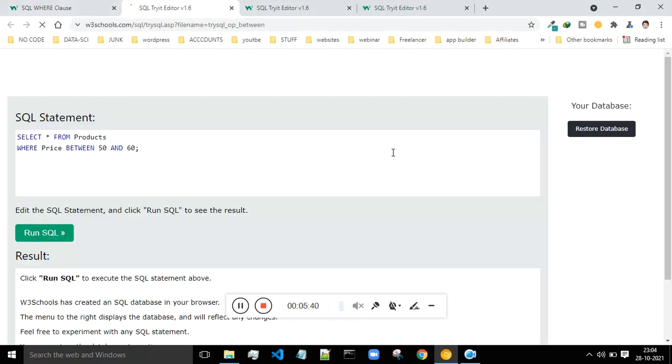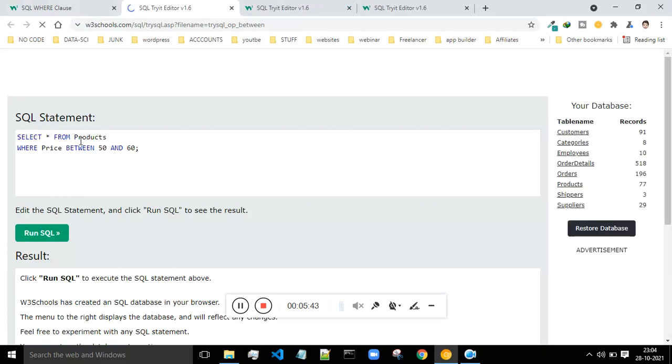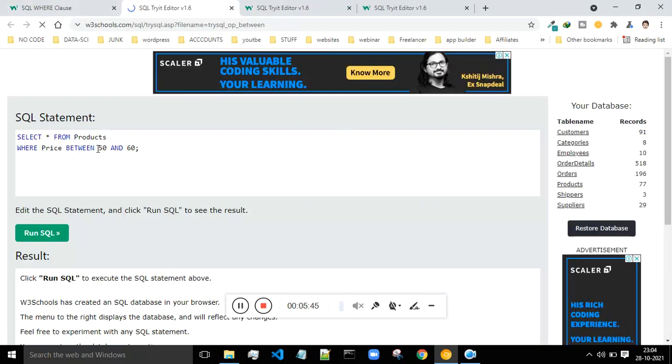Let me just try with this. You can select everything from the products where the price is between 50 and 60. Let me show you how you can do that over here.